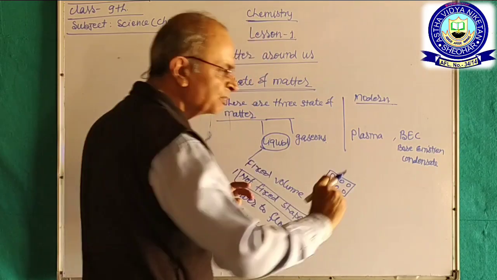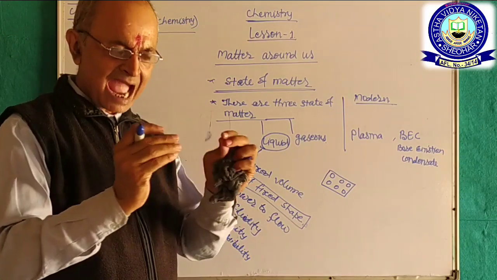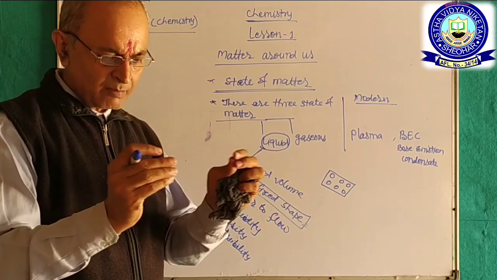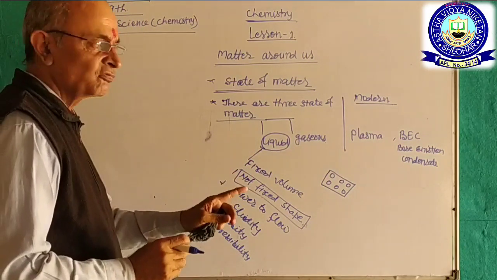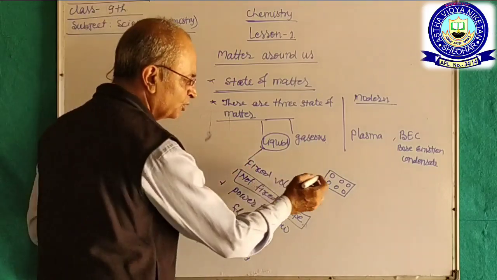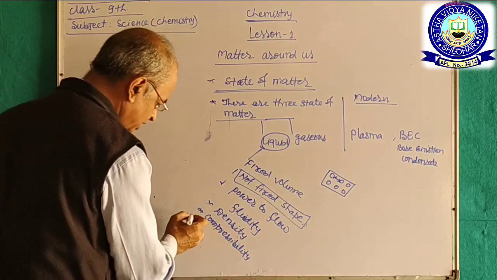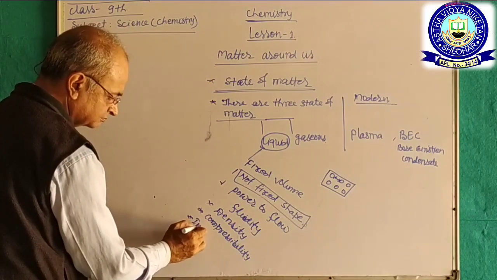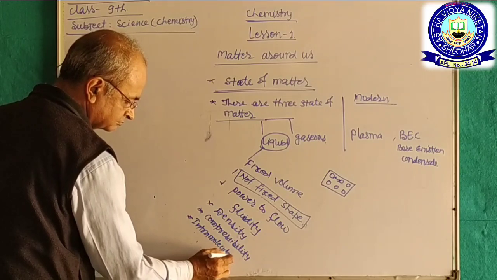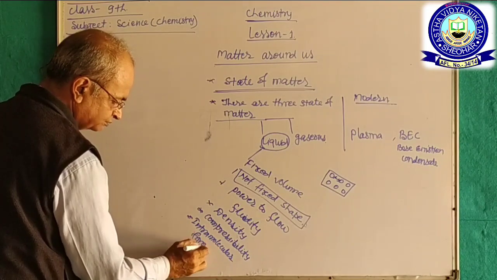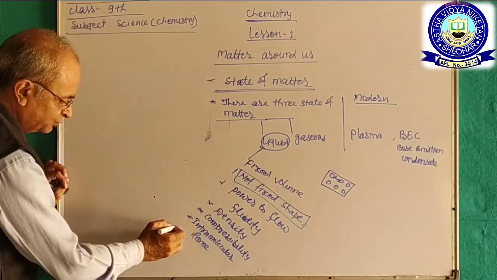So it can be compressed. Due to that gap in them, and intermolecular forces are less than that of the solid. Therefore, because there is gap in between, intermolecular force is also experienced, and the diffusion in